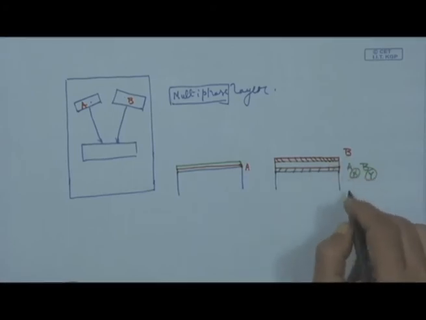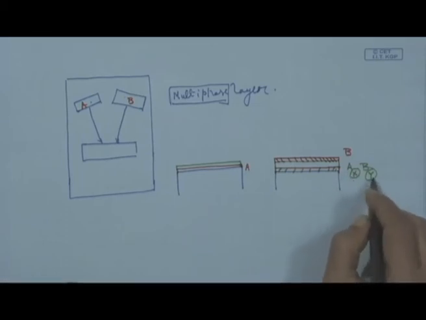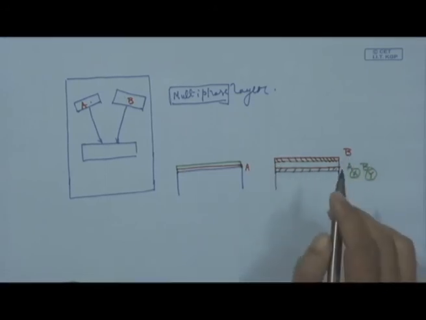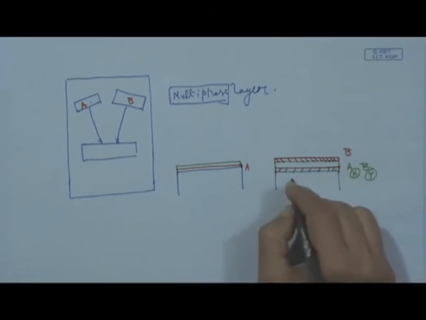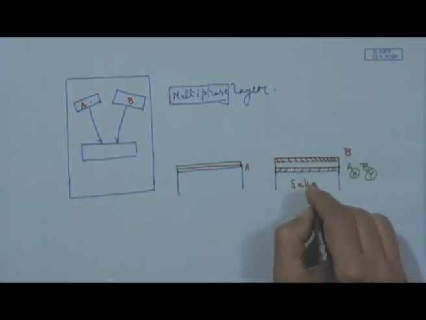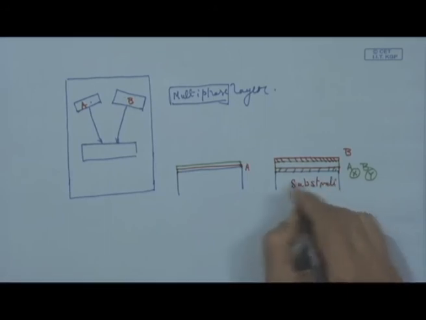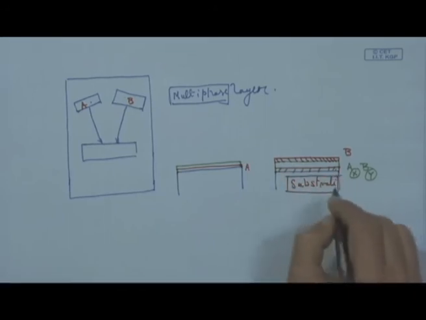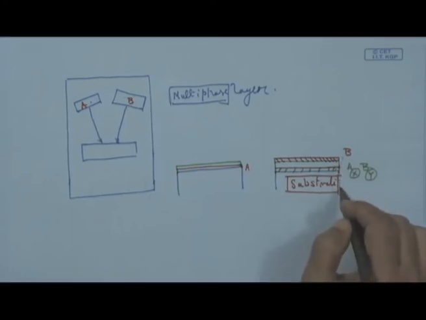Value of x is at the very beginning very high, y is low, but as the coating thickness keeps on increasing, value of x will be decreasing and y will be increasing, and finally it will become 100% B. So, this A is compatible to the substrate. However, B has the required functional property. So, B to substrate, that can be handled by this